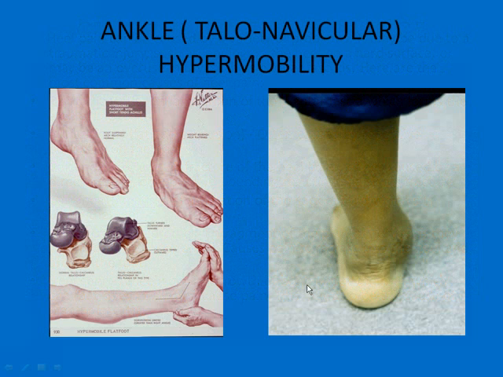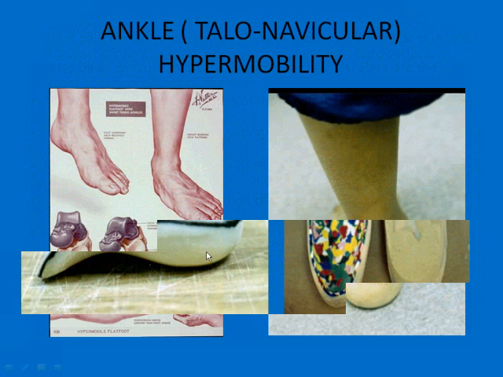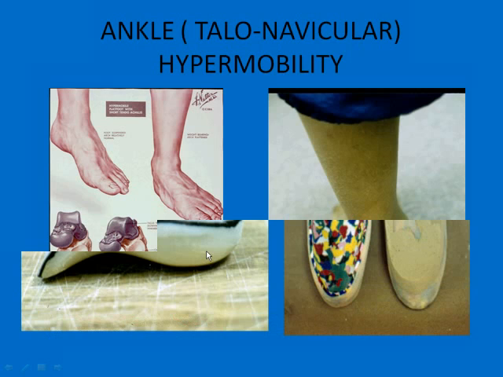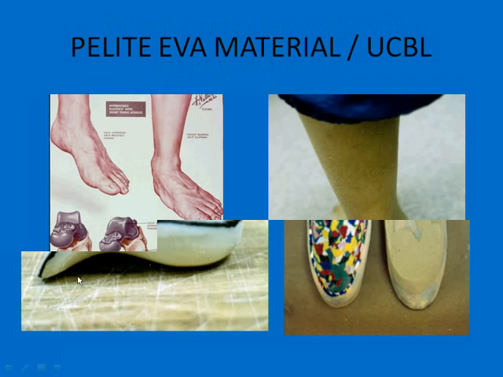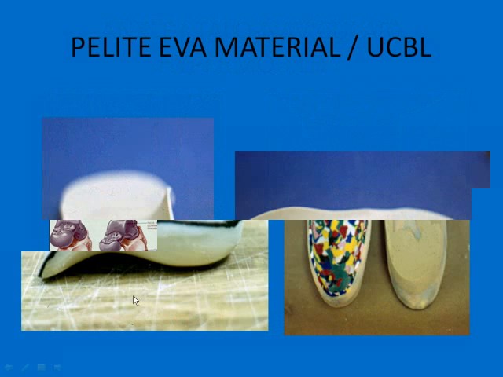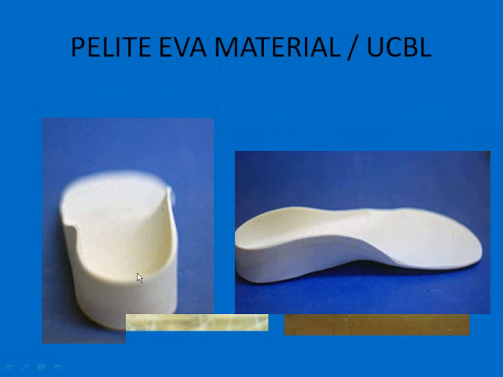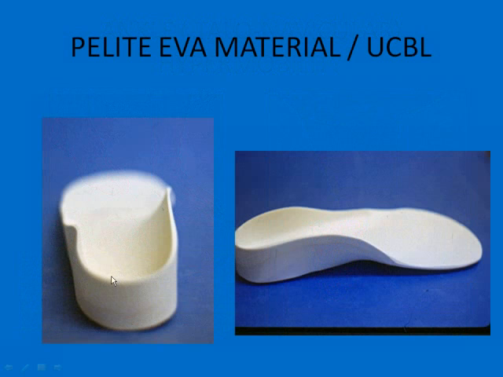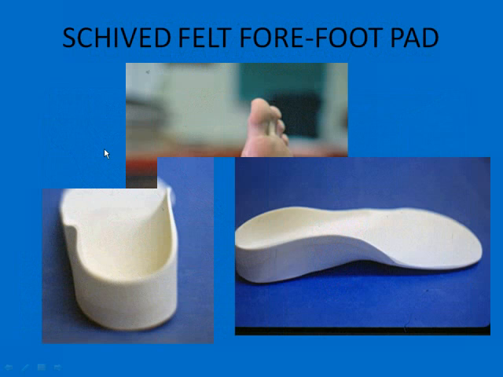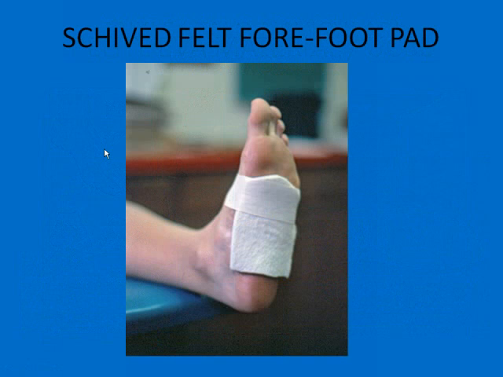So in this case, a lot of times you might want to use a rigid UCBL orthosis. You might want to use a softer EVA UCBL orthosis, because anytime you can encapsulate the heel and bring that natural God-given padding back around the heel, you can actually enhance cushioning. Also, if you want to do something immediately and give your patient some immediate relief, take 1/4